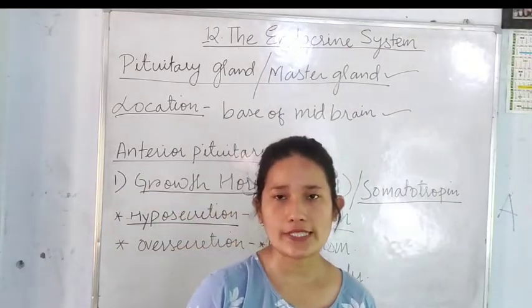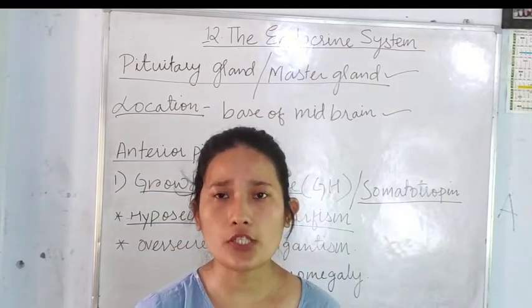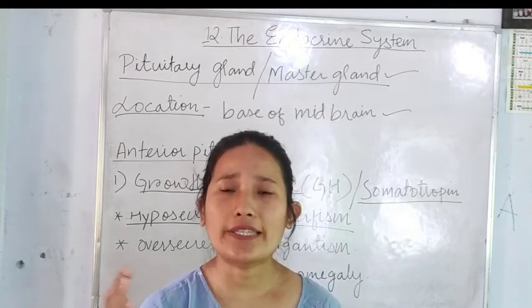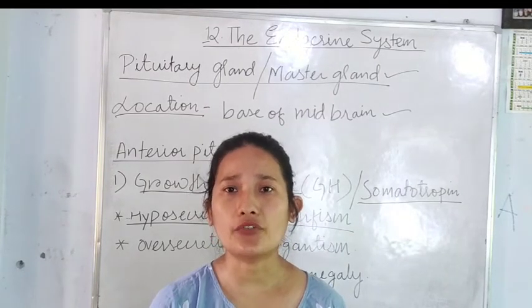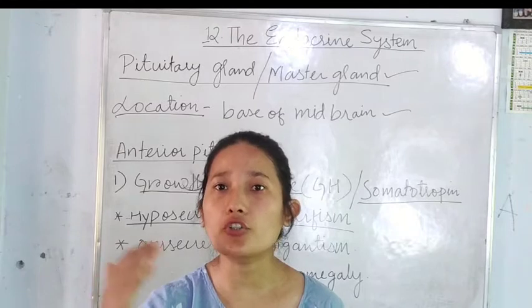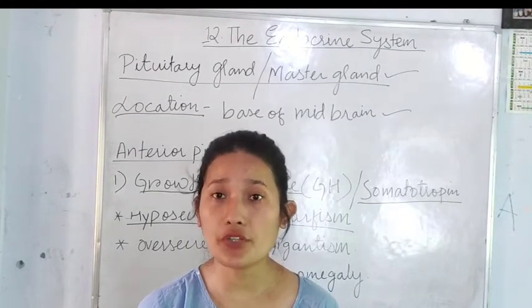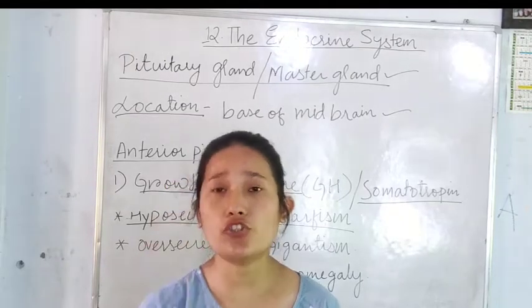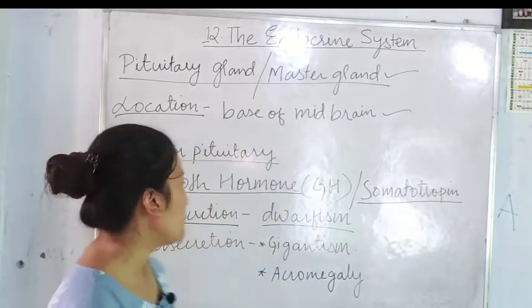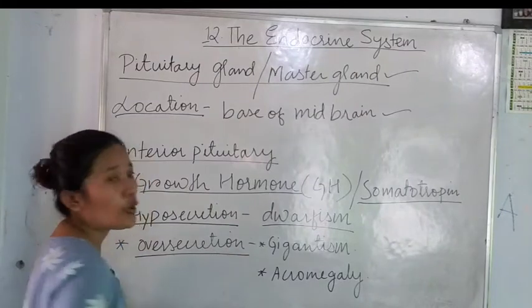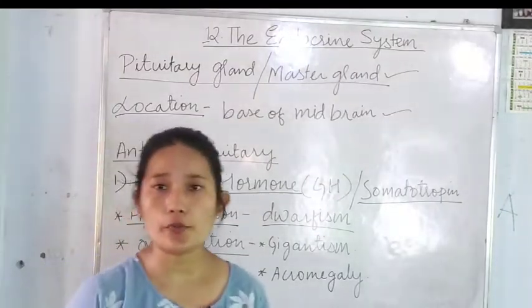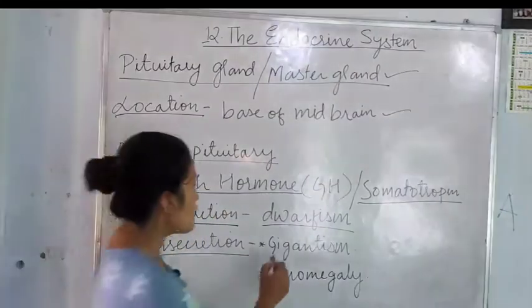It usually takes place in children. Okay, so what happens is, though they are completely mature, their height is that of a small child. Their height does not grow above an appropriate level. Okay, that's called dwarfism. It takes place in children. Okay, now because of the oversecretion or hyposecretion of growth hormone, what are the diseases caused? First will be your